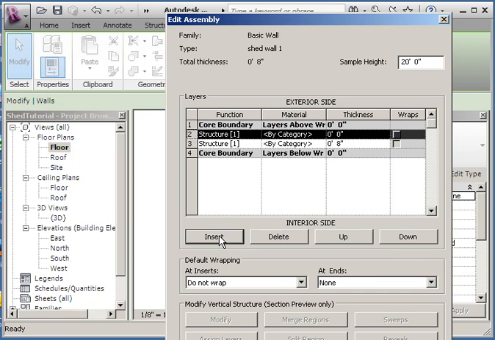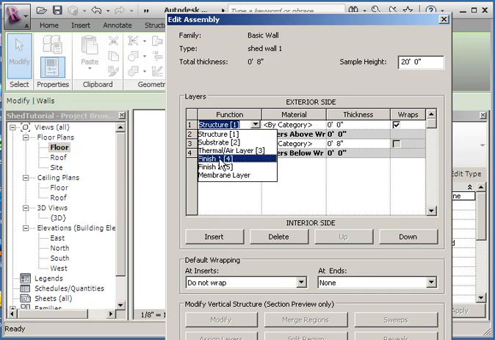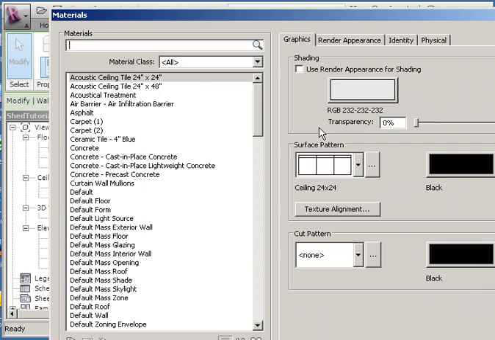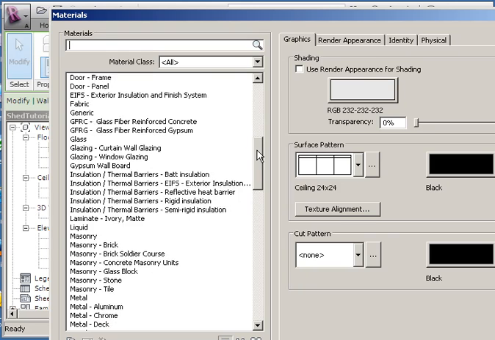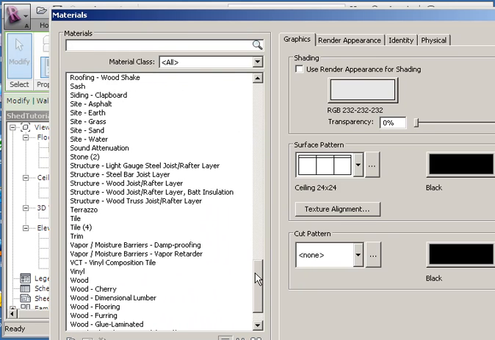I'm just going to go ahead and insert something. And it inserts a generic item, and then you can move it up, and now it's become the exterior. Well, what is becoming the exterior? First of all, we want to change it and call it a finish. That puts it in a category of finished materials, and then you can select by category the type of material that you're going to put in there. When I click on it, I get this long list. Well, what it's asking me to do is put siding clapboard. So siding is going to be the S,